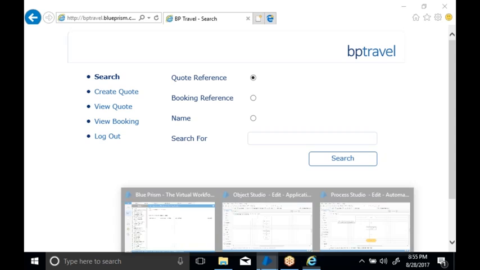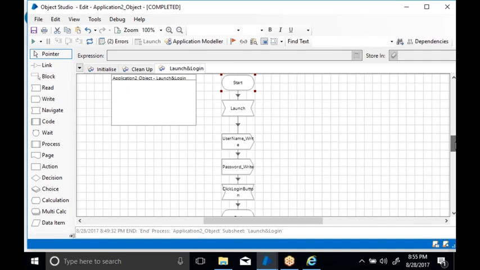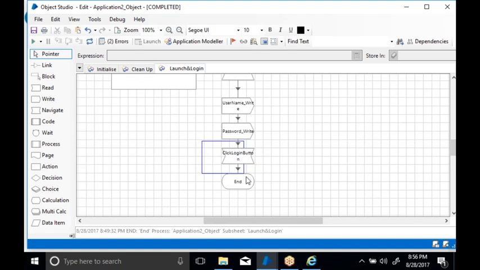Now if you go back to your object studio, what we are doing is start, launch, writing the username, writing the password and clicking the button. Here I am using two different write stages: one write stage for writing the username and one more write stage to write the password.